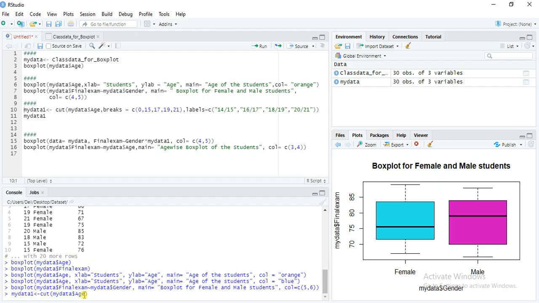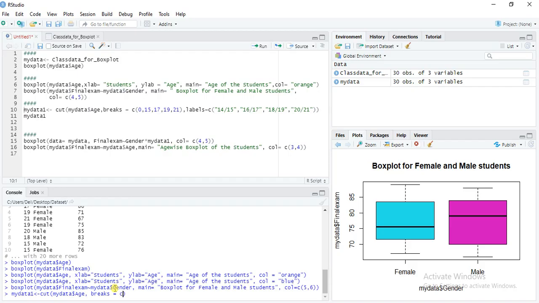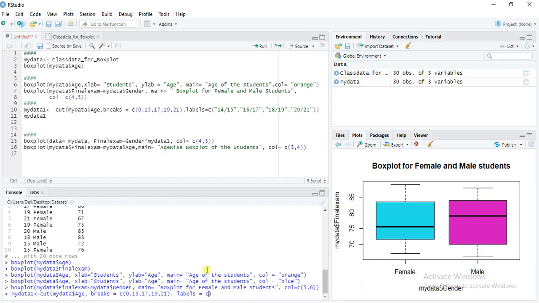I can convert final exam also, but here I am converting age into different categories. breaks equal to c, within brackets 0, 15, 17, 19 and 21. Is it clear? Comma, labels equal to c. Here I am giving the labels.